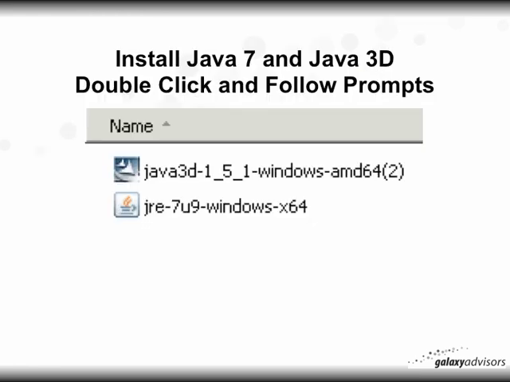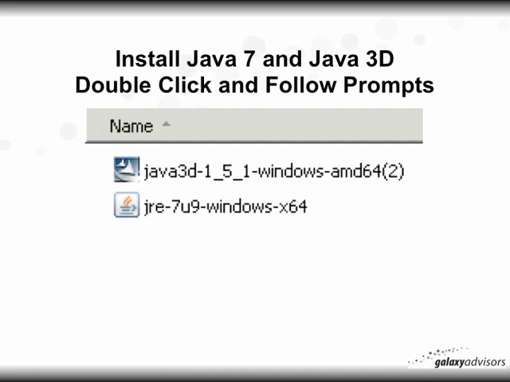Now the next 2 steps are quite simple. They are to install Java 7 and Java 3D, and you do this by double-clicking on each one and following the prompts. For example for Java 3D, it's going to ask you to run it, accept the license agreement, and install it, and then at the very end you're going to get some sort of complete or successful message. You might want to pause this video at this point and install